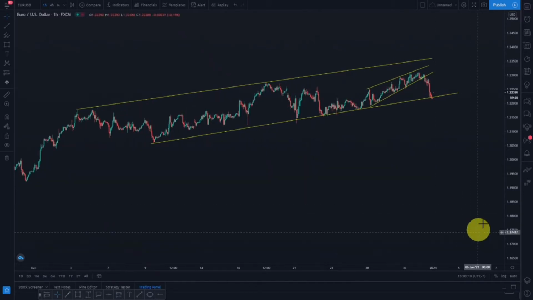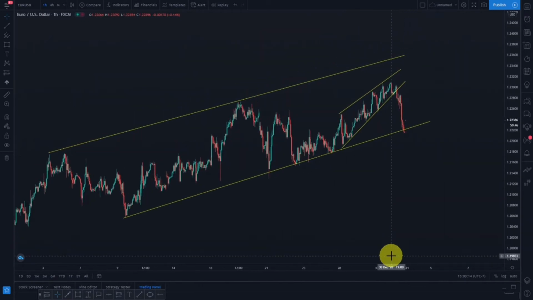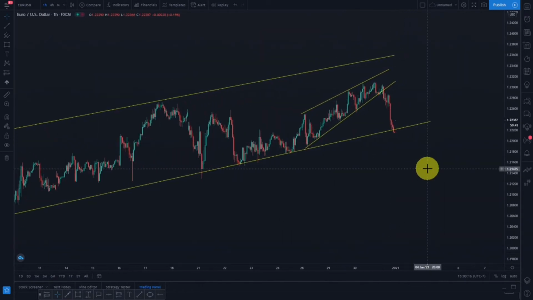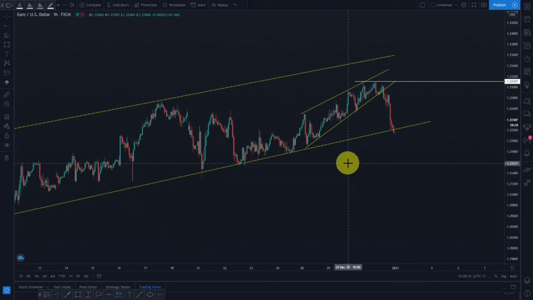Okay, on our 1 hour time frame, the pattern is much clearer and everything is just much clearer. So we can see that over here we have a double top. We have a double top over here. So that was another confirmation, which was a risk entry. If I would have taken this trade from over here,